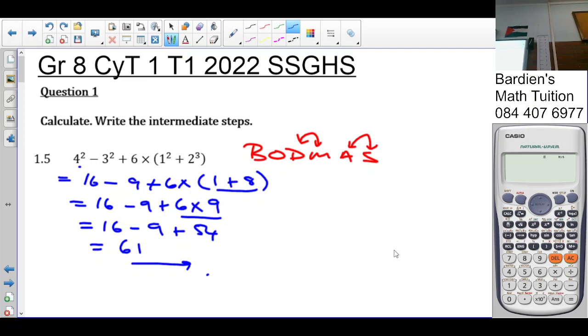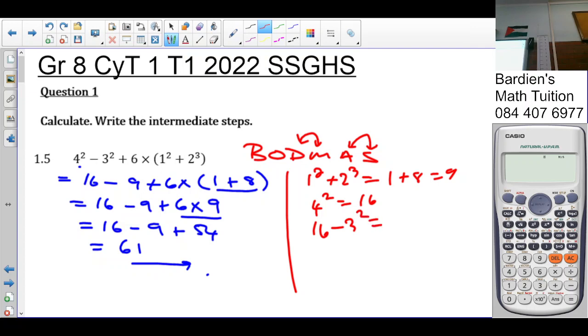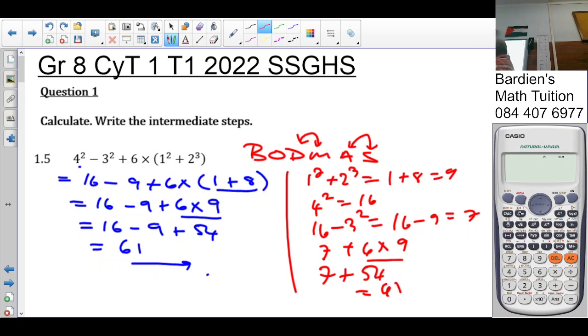What I've noticed as well, after telling you many times, do not write on the side here: 1 squared plus 2 cubed equals 1 plus 8 is 9. Then you say 4 squared is 16. And then you say 16 minus 3 squared is 16 minus 9. Then you say, which is 7. Then you say 7 plus 6 times 9, which is 7 plus 54, which is 61. Some of you do this. Don't do this, people. Because for this one you get 4 full marks